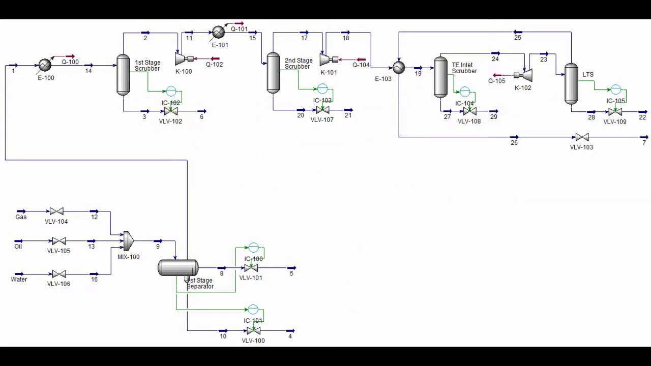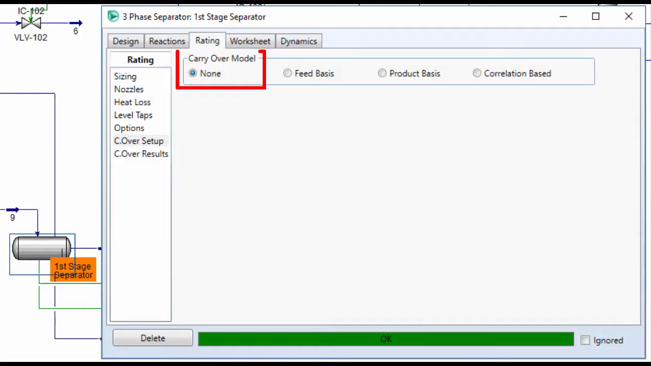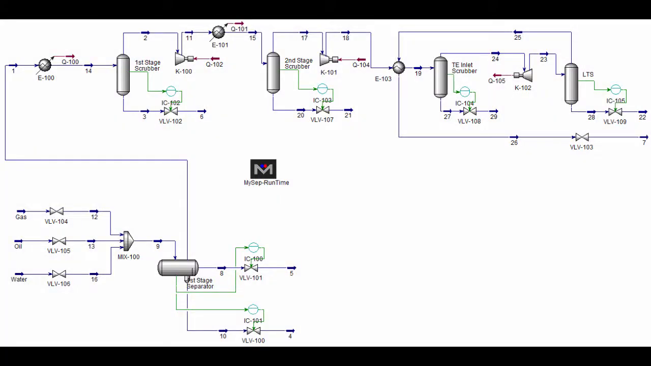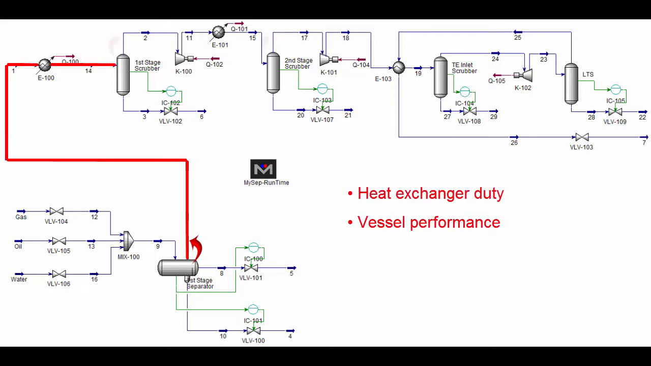Let us take a look at how separators are commonly simulated. They are typically assumed to be 100% efficient. This assumption of zero carryover, however, is unrealistic. In practice, in the field, vessels are not 100% efficient and there will be carryover. This carryover impacts the operation of downstream equipment, for example, heat exchanger duty, vessel separation performance, compressor operation, and sales